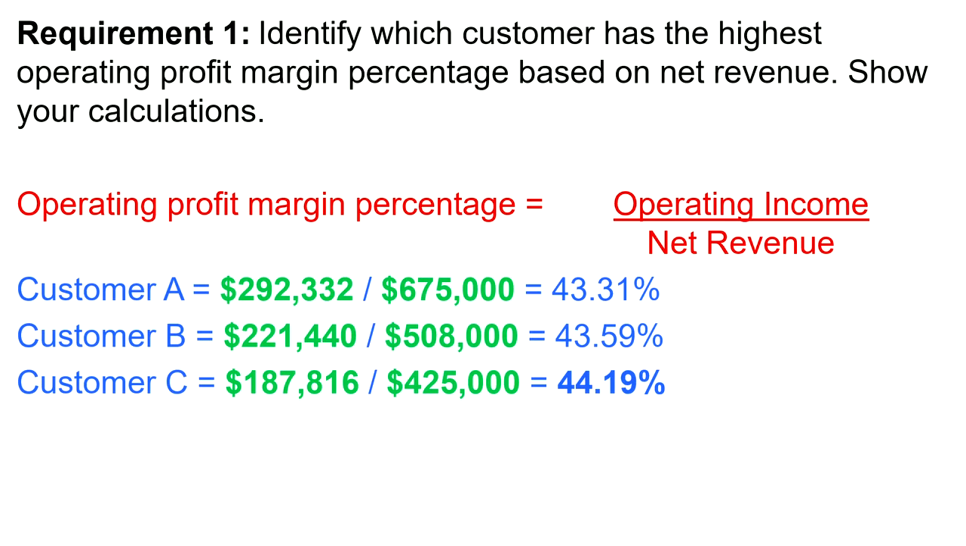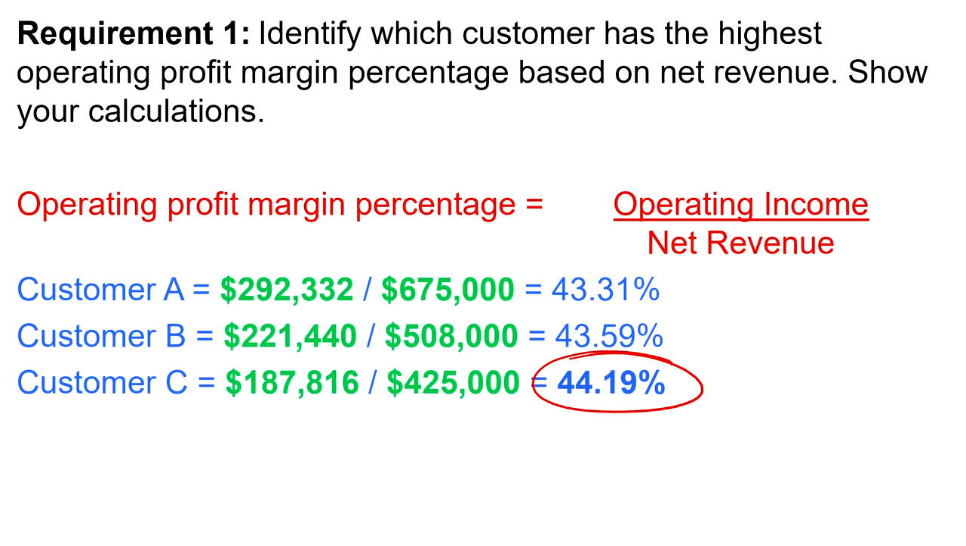And so the numbers here on this slide in green are taken right out of the information that we're given. If you look back earlier, we know that the customer operating income was $292,332 for customer A, $221,440 for B, $187,816 for C. And we also are given what that revenue net of discounts is for each of those three customers. And so we're simply putting into our calculator these three calculations, and we see that customer C has the highest